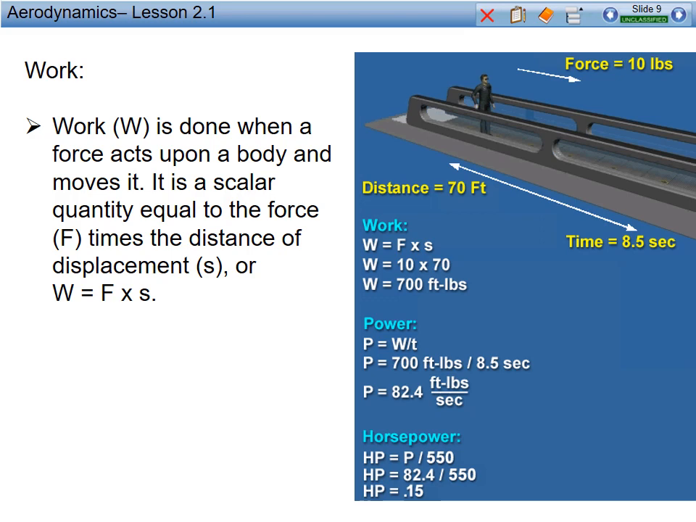Work is done when a force acts upon a body and moves it. It is a scalar quantity equal to the force times the distance of displacement, or S. So what we can see here is if we have zero